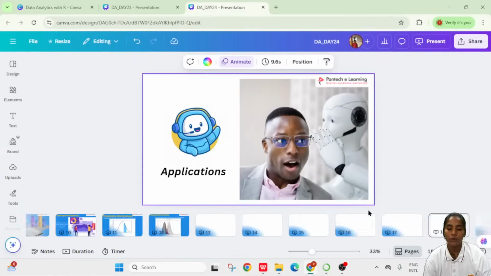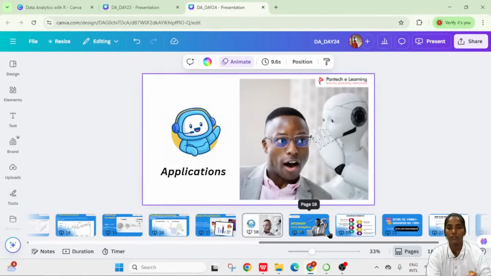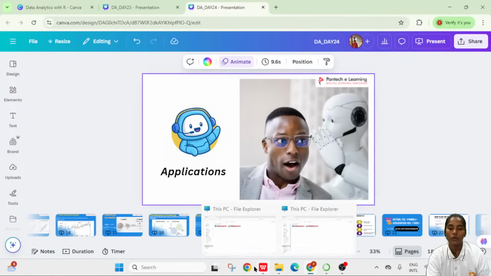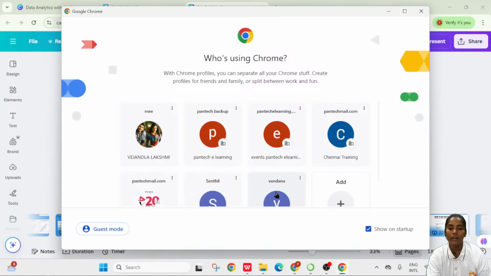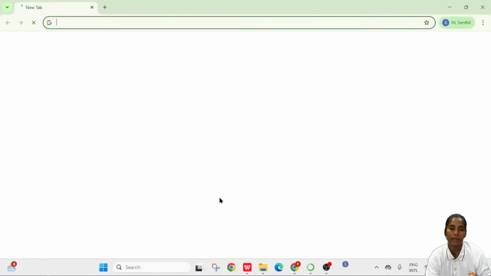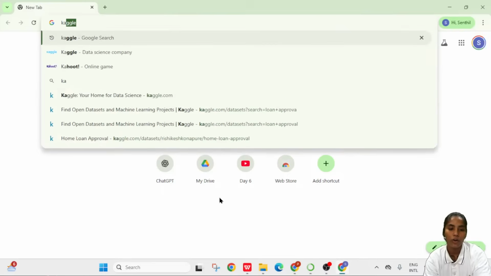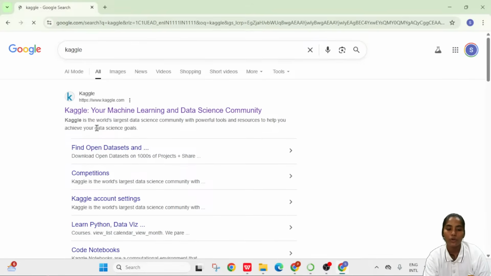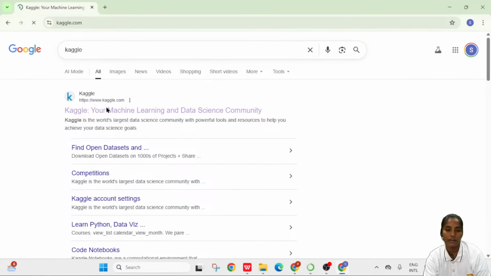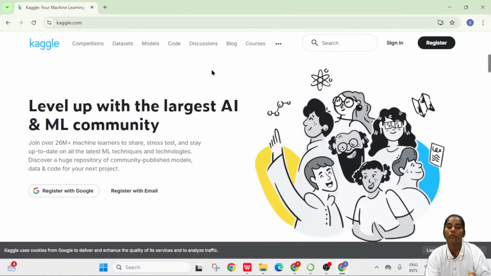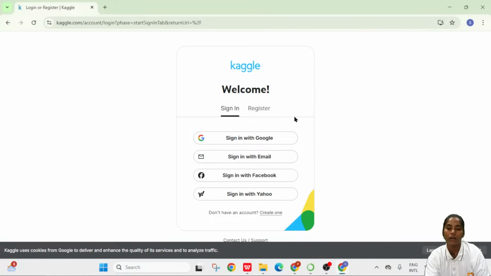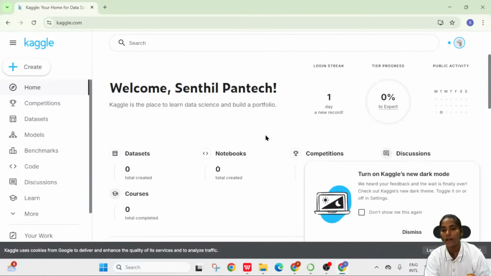For that purpose, the probability distribution, everything we have seen, we have to go through with the practical session here. So just go here and type any ID, just go and type here Kaggle website. You have to take one particular data set, right? Whether you want to do the probability distribution, or a linear regression, or the clustering part, whatever statistical methods you want to do,